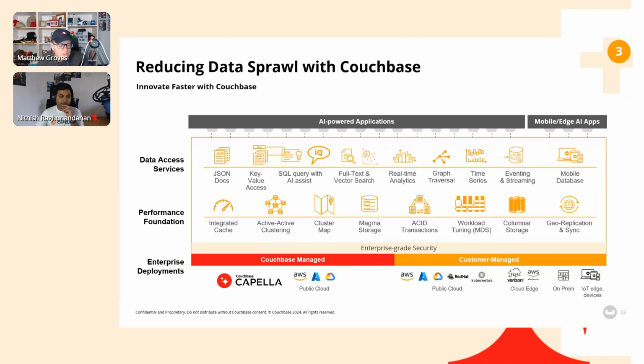We talk about a lot of vector search, but certainly full text search is there as well. Geospatial search. Some interesting things with graph traversal can be done. Real-time analytics, time series, mobile data, mobile syncing. This is all part of the Couchbase platform, and it can run on any of those clouds there. You can also manage it yourself if you want to be more hands-on with the cluster through Couchbase cluster.